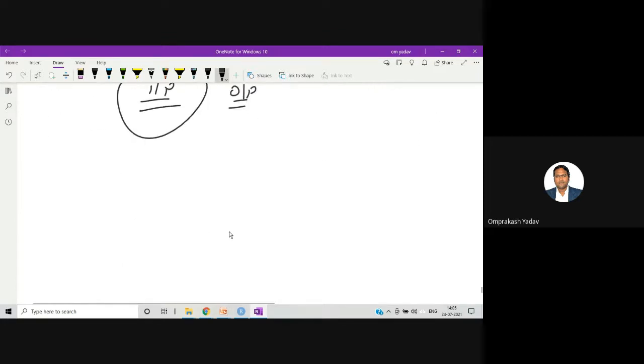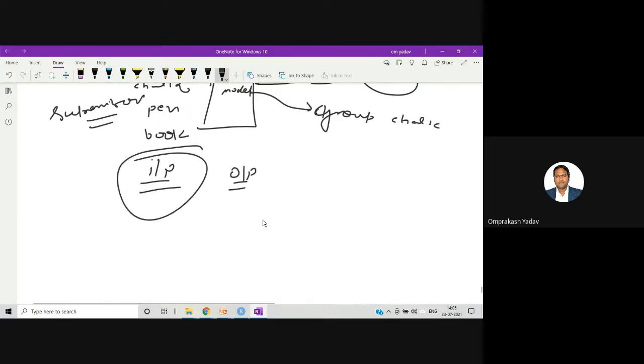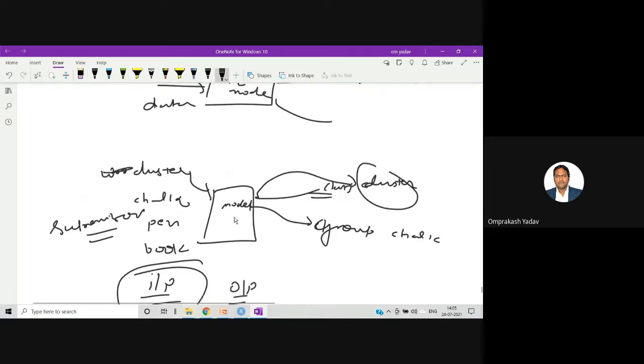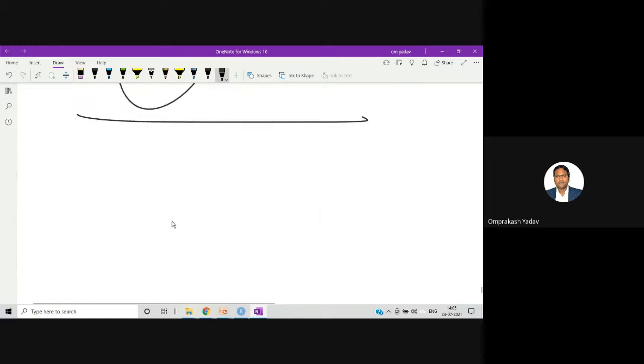In real life also, suppose you are learning by yourself just by watching videos, and nobody is there to correct you. That is unsupervised learning. But if I am teaching you, you are learning in front of me, and if you make any mistakes I am able to correct you, that will be supervised learning. If you are learning from videos and online lectures, that will be unsupervised learning. The third one is reinforcement learning.